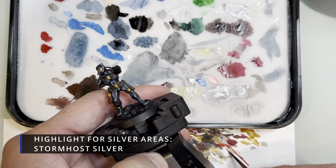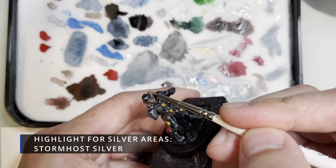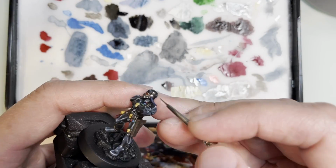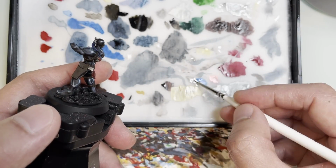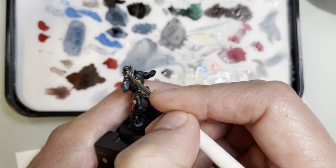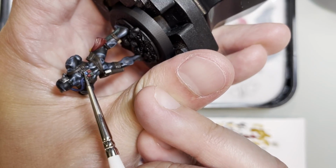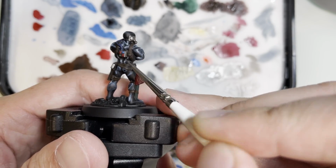So after that, we are going to be hitting the raised silver areas with something called STORMHOST silver. And STORMHOST silver is probably the brightest silver that you can find. So I'm picking the edges of the antenna to accentuate where the light strikes on the antenna right now, as well as the mask where the light would hit, and probably the nose bridge as well as the top of it. I'm also highlighting the backpack as well as the bullets as you saw prior to, again, give more